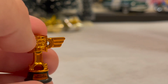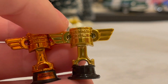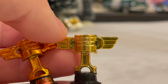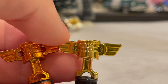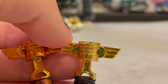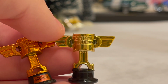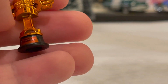All right. Now this one, which is probably one of the worst because you don't have an insignia on the bottom and you don't have the outline text, came with the advent calendar 2 years ago. So not 2021, not 2020, not 2018, but 2019. And I did do a review on all the advent calendars, so you can obviously go back in time and find that. So far, all the Piston Cups have been the same size since 2009 and 10. So we only had those small ones for 2 years. And now they have been the same size ever since. So yeah, this one's pretty lame, but in all fairness, it was included in a Mini Racers advent calendar, so